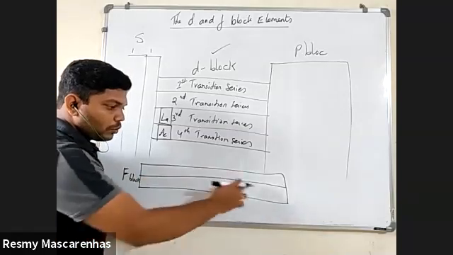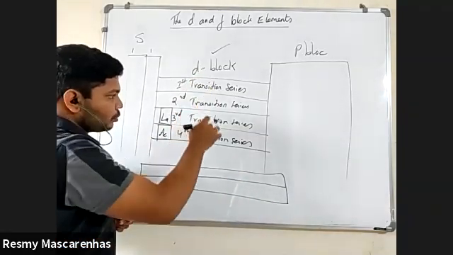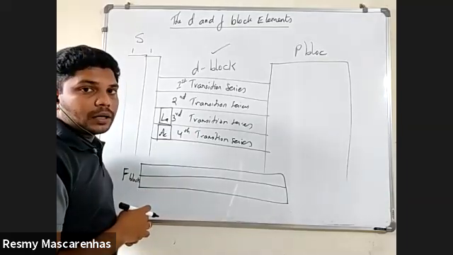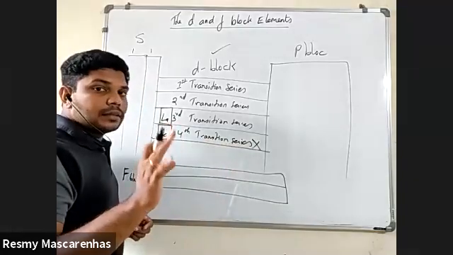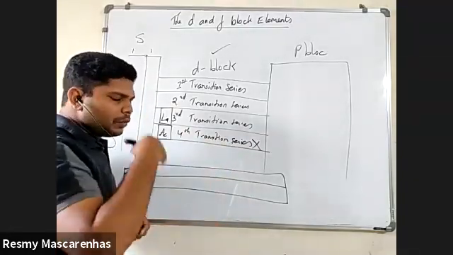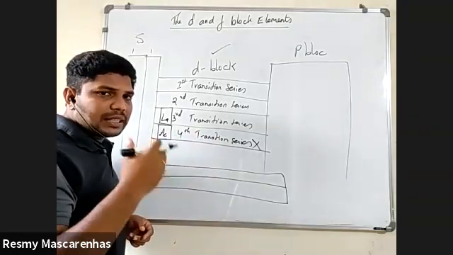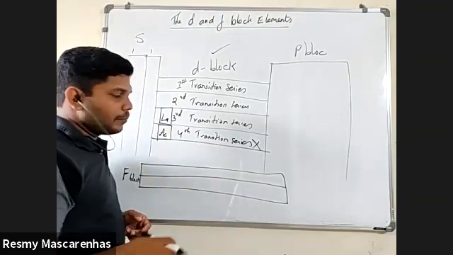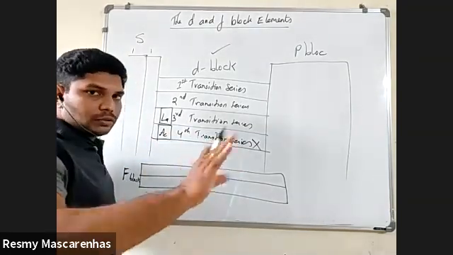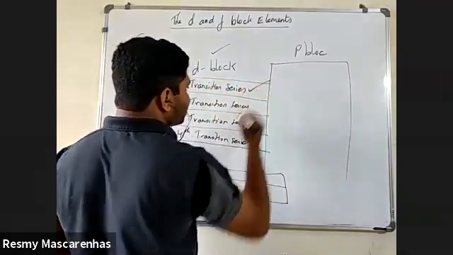So below, these two rows, you can see this is the F block, and these rows you can see are the D block. This row, the chemistry is not found out yet. Still the research is going on. So we are not going to see anything with respect to the fourth transition series because it is incomplete. Now it's complete, but the total chemistry is not completed here. Okay, so the fourth transition series you just forget. Only the most important is the first transition series.